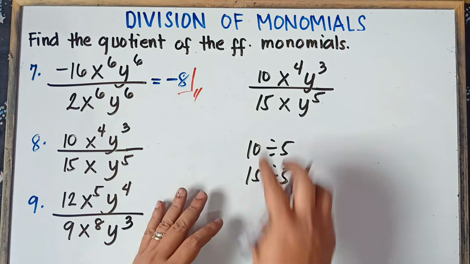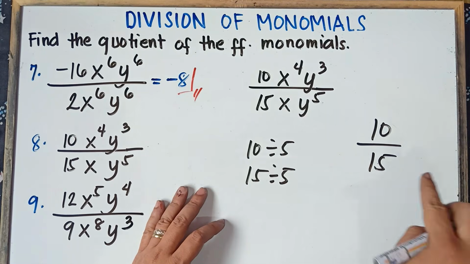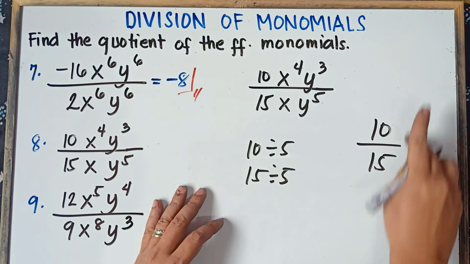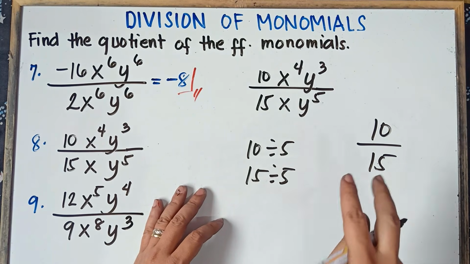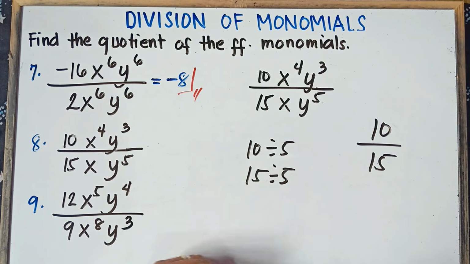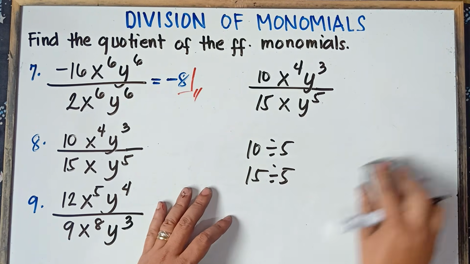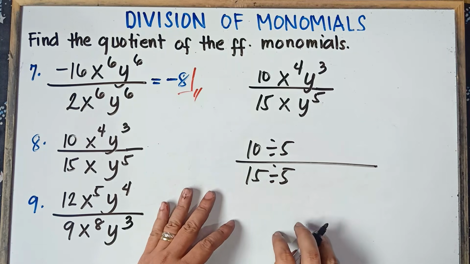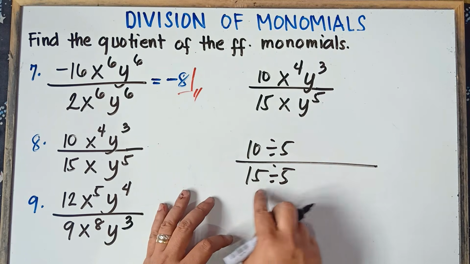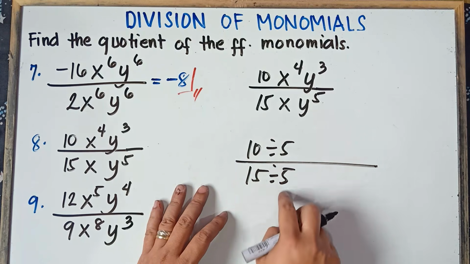Once again, class, do not divide 10 by 15, because the answer is a decimal, and you're not allowed to have a decimal answer. Therefore, if you cannot divide, you need to reduce. So once again, the GCF of 10 and 15 would be 5, because we can divide 10 by 5. We can also divide 15 by 5.